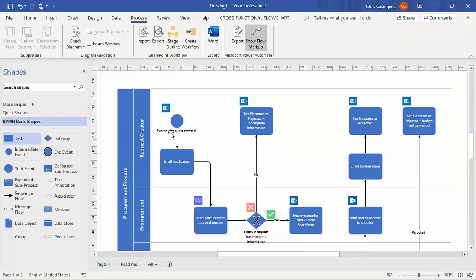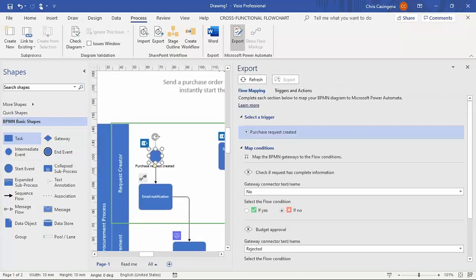Now, what you'll see here is that I've added that shape. Visio's gone, I'm not sure which service this is relevant to. You might think, can't it interpret that word email there? You might not necessarily want it to work with an email service, even though it says email in it. So what you need to do is, once you've added further shapes, when you choose to export, it's not quite